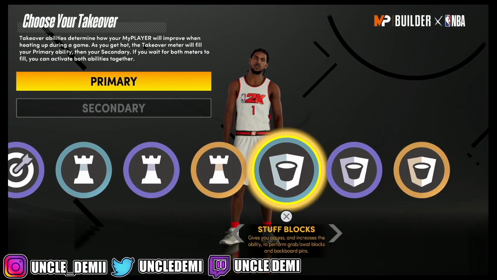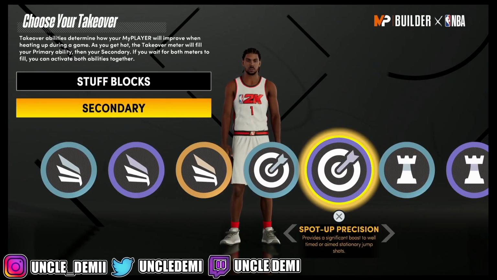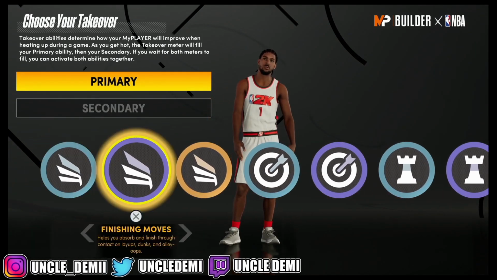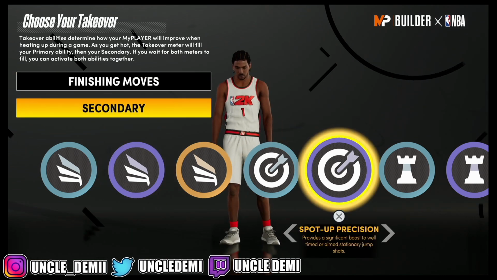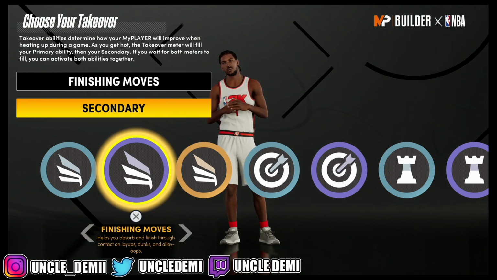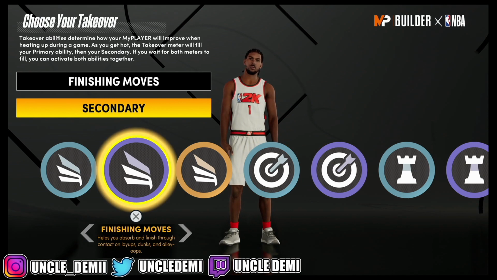In this grand scheme of things, I would probably go with stuff blocks and I will go with spot up precision, okay? Or you can say, you know what, I'm not even going to worry about defense, even though I'm a two-way. Then I can go with finishing moves, right? And then I'll go with spot up precision. Now, by having finishing moves, you'll go from a 77 all the way up to a 81, which will allow you to have,